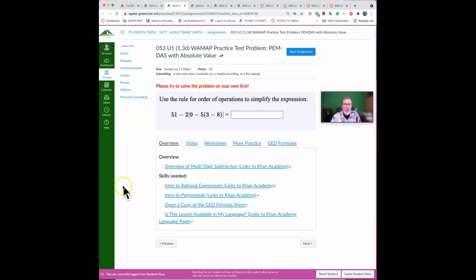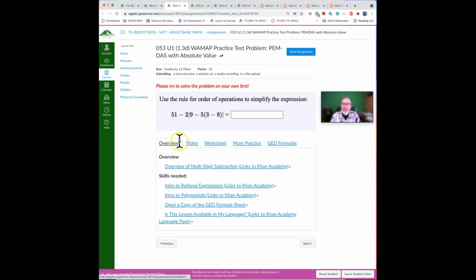Basically, absolute value is the distance of a number from zero. So whether it's positive or negative, it's that distance. And absolute value is always positive, okay? Has a great attitude. But take a look at that, and we'll go ahead and work this